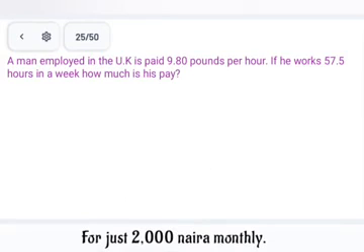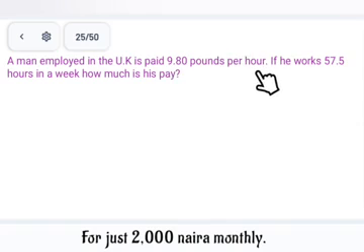Okay, the next question says a man employed in the UK is paid £9.80 per hour. If he works 57.5 hours in a week, how much is his pay? So now you can see here it says this man is employed, and the man's salary is £9.80 per hour. Okay, so now you have to understand this. When you say pounds per hour, it means that in every hour, that's why I say per hour. So in every hour he will be paid